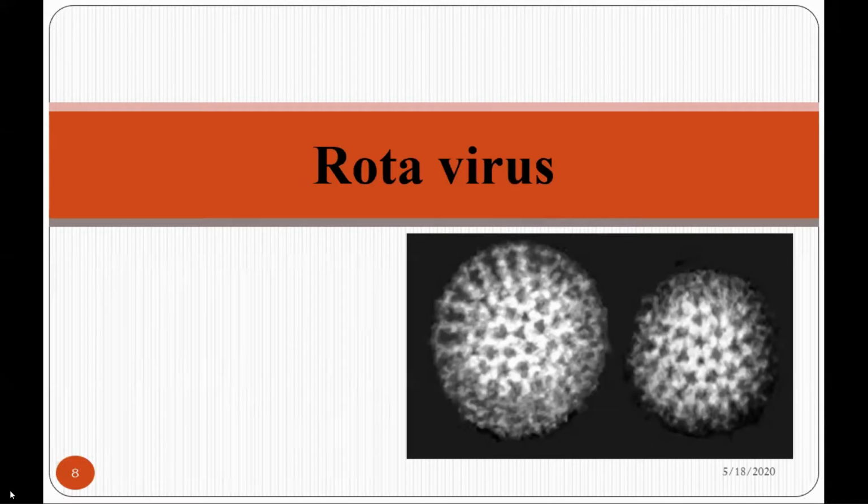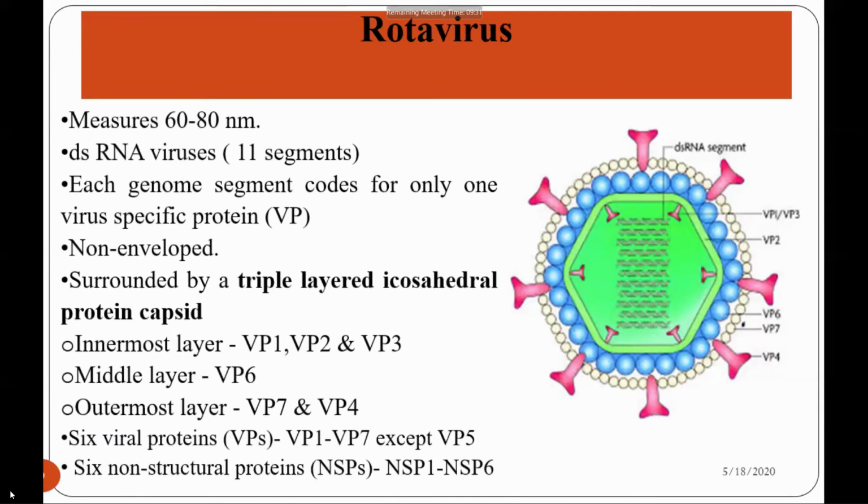Thus, these rotaviruses are called rotavirus since their morphology is similar to that of a wheel. This is the structure of rotavirus. These viruses are very small, with a size of 60 to 80 nanometers. These are RNA viruses, known as double-stranded RNA. All together, there are 11 RNA segments in the case of rotaviruses. These are the 11 segmented double-stranded RNA genome of rotaviruses.